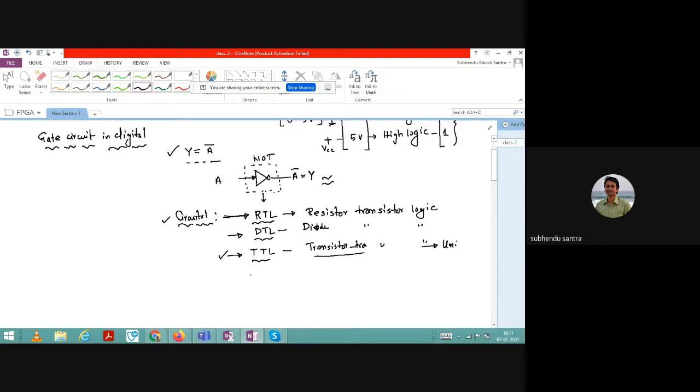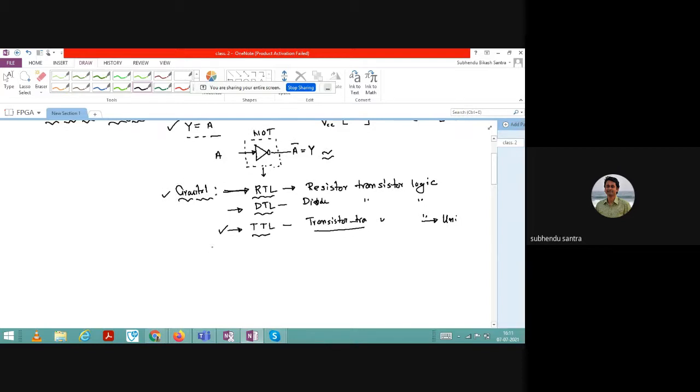Now, the meaning is that, to understand what that NOT gate is in a circuital model, for simplicity of understanding, let us say I am using RTL logic, and I am drawing a circuit, and you please understand, let us say I have a biasing circuit, I am giving a resistance, and I am having an NPN transistor, okay, and there is a load resistance, let us say this is your RC, and here is the biasing voltage plus VCC, and you have to give some signal, let us say A is the signal here, okay.